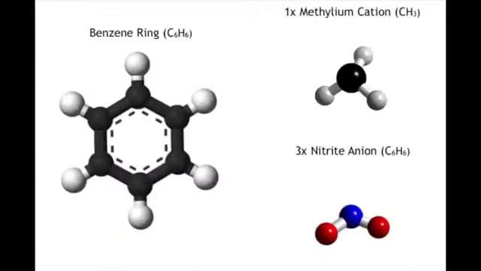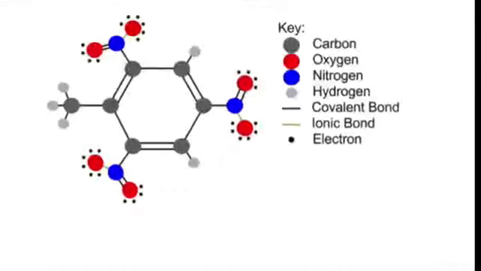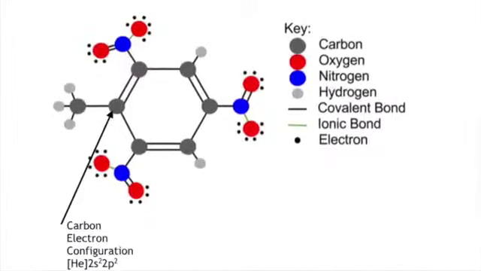TNT's chemical formula is C7H5N3O6, comprised of a benzene ring of 6 carbons in a hexagon shape and 4 attachments: 3 nitrite anions and a methylene cation. In total, it has 7 carbon atoms, each with electron configuration helium plus 2s2 and 2p2,